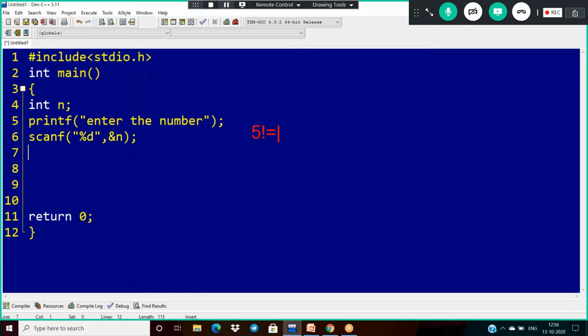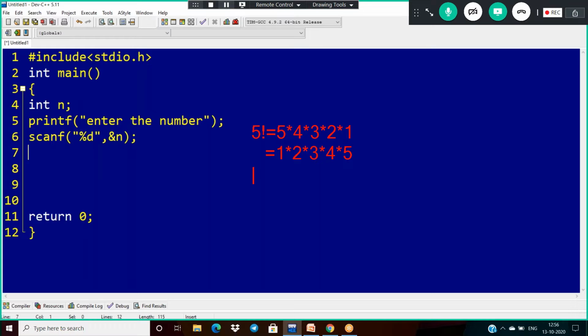How to calculate 5 factorial? 5 into 4, 3, 2 and 1, which is also equal to 1, 2, 3, 4, 5. So 5 factorial is the product of 5 and the remaining numbers, 1 up to 5. We just do the multiplication continuously, and we will get the factorial of a number.